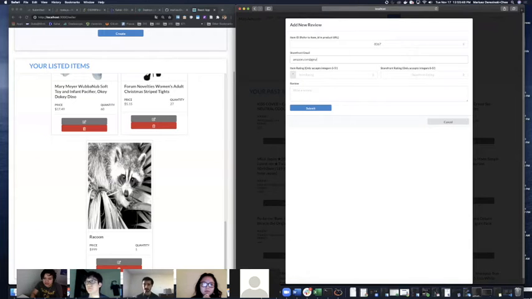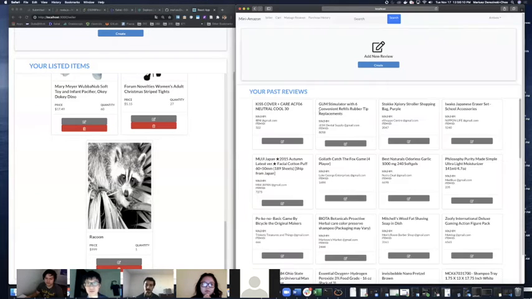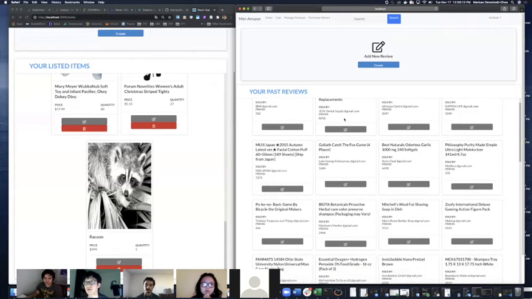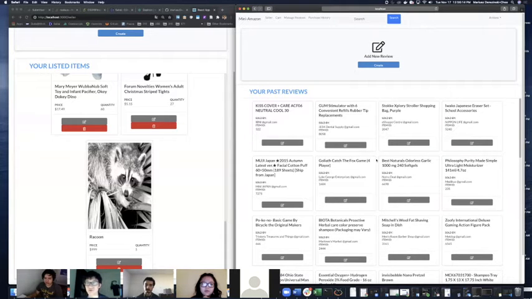But as for other information, the review also requires a valid storefront email that's stored in the storefront table of the database. If it's not a valid seller, the review won't get added. Similarly with the item ID of the thing that we just bought. From here, the buyer is free to rate the item and the quality of the transaction with the seller, and the review text can be anything. Let's submit the review. Once the review's been added and the page has been refreshed,